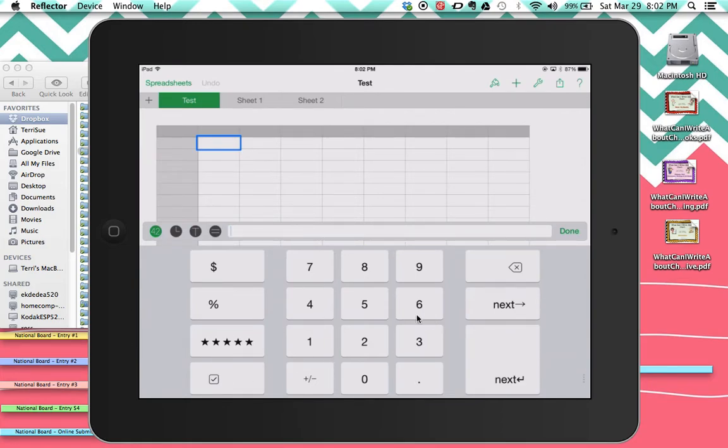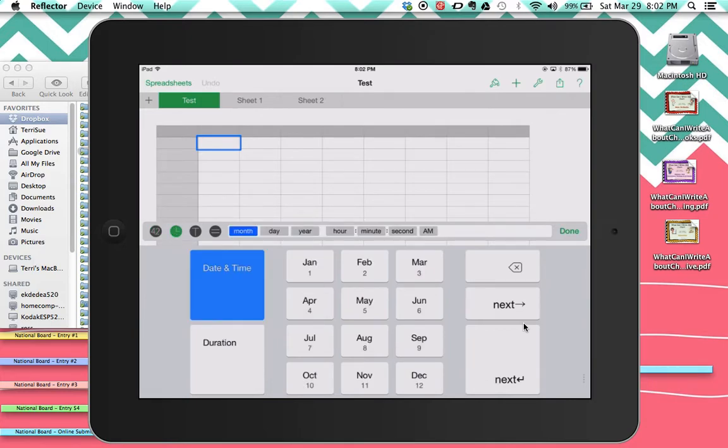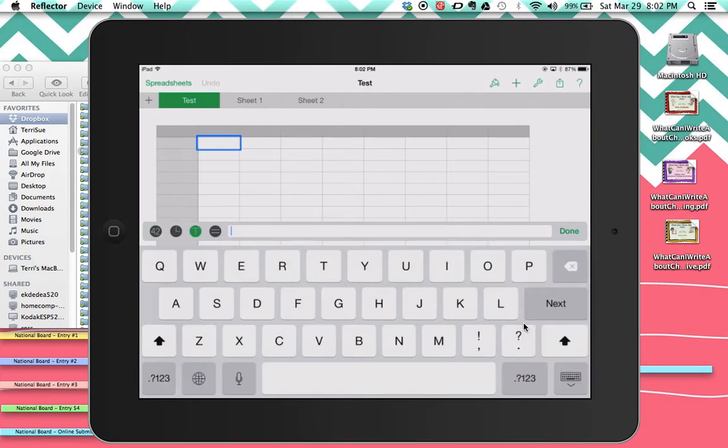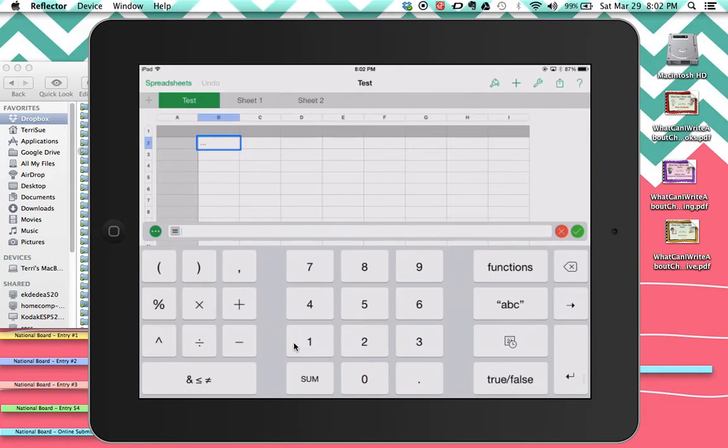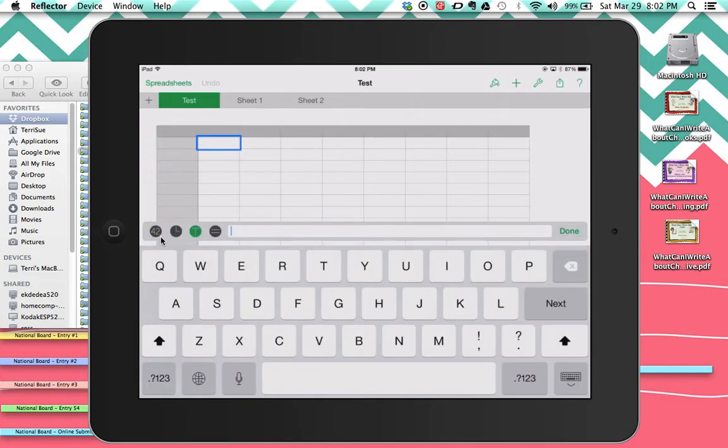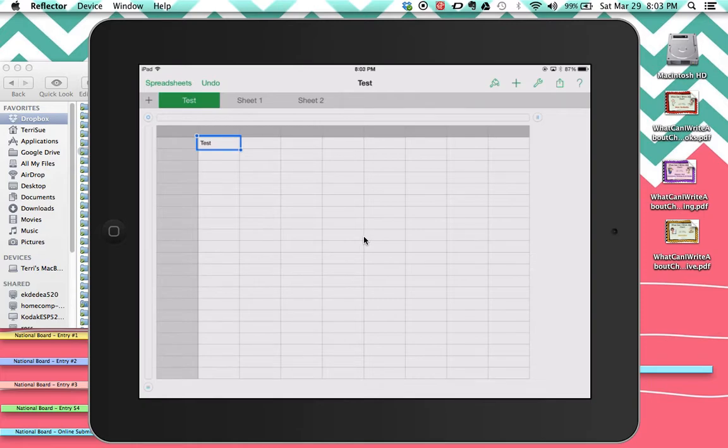And you can see they're different keyboards as compared to the normal one that comes up. So you have your numbers, then you have your time, date and month. The T is the keyboard that you're used to most. And then here we have a calculator type keyboard that appears. If you go back and tap on the three green circles, that will bring you back to your other keyboard choices. So again, you just tap on it, and when you're done,